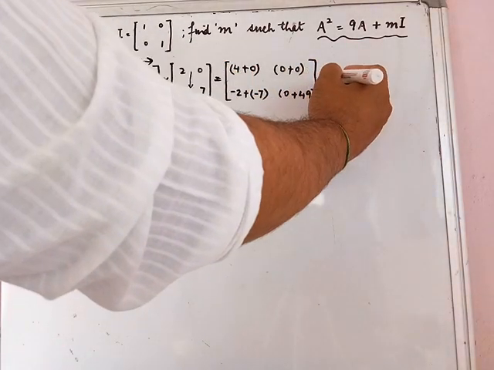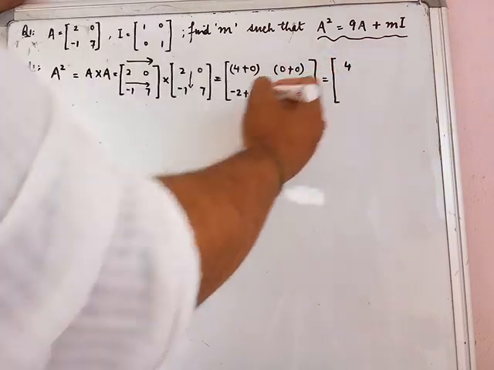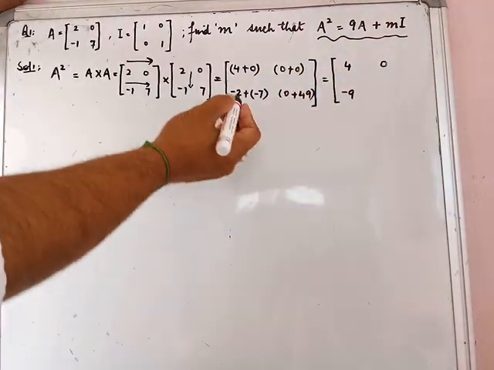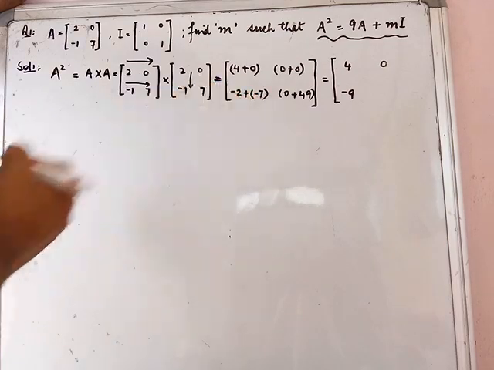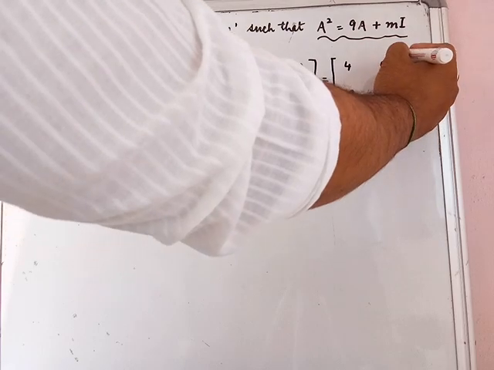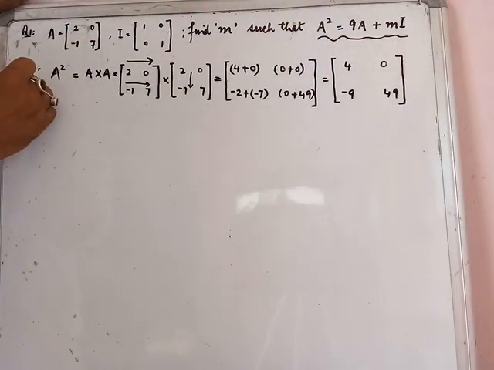Equal to. So the last step that we have in the calculation of A square, this is 4, this is 0, this is minus 9. Please note these are two negative numbers that are getting added up. So minus 9 and then you have a 49 over here. So that is your left hand side. You can simply call that the left hand side.